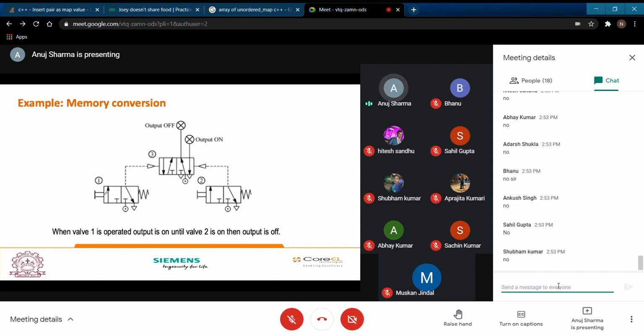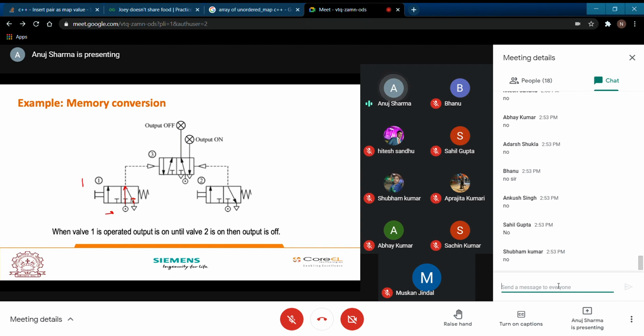When 1 is applied, when we provide an input to 1, this box will entirely shift in this particular direction.